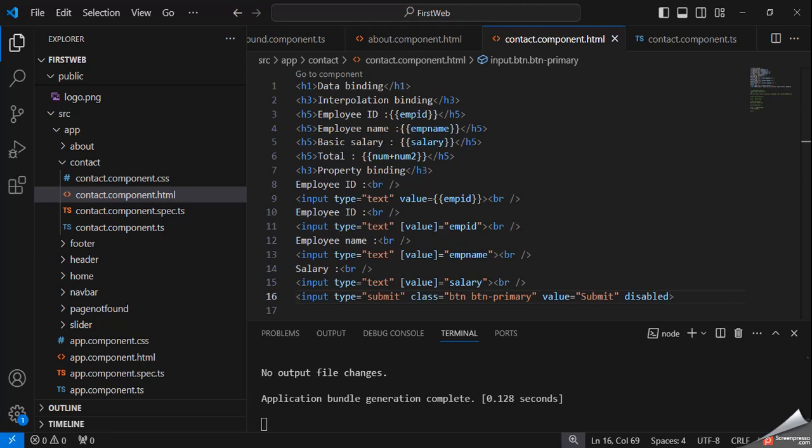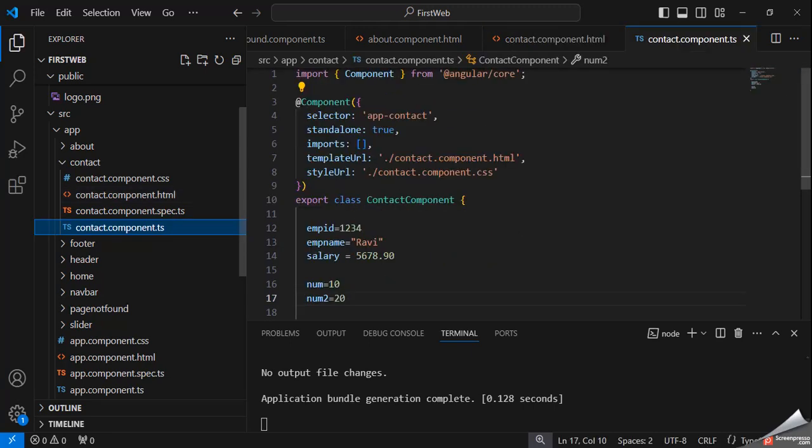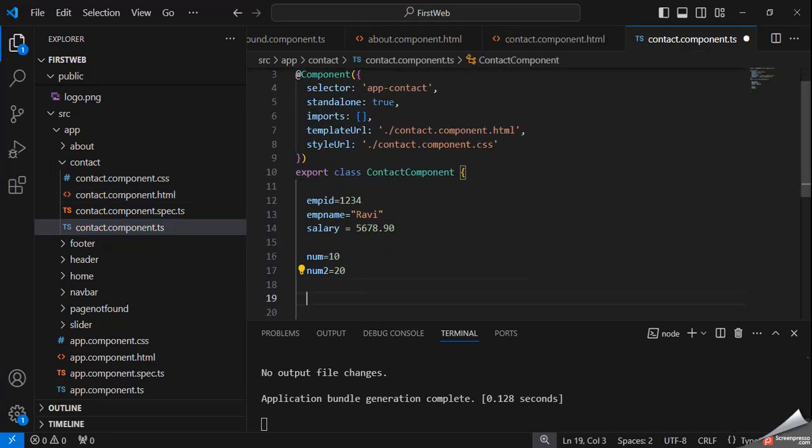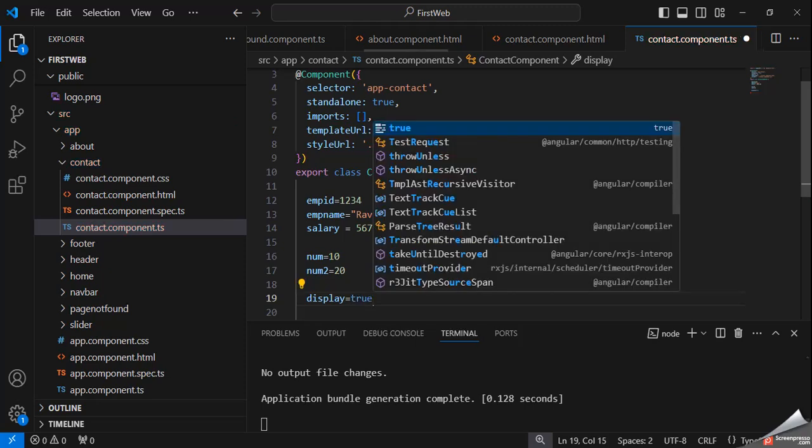So for this purpose we can declare this value in the TS file. Open the TS file, and here we can declare a variable, display is equal to true.